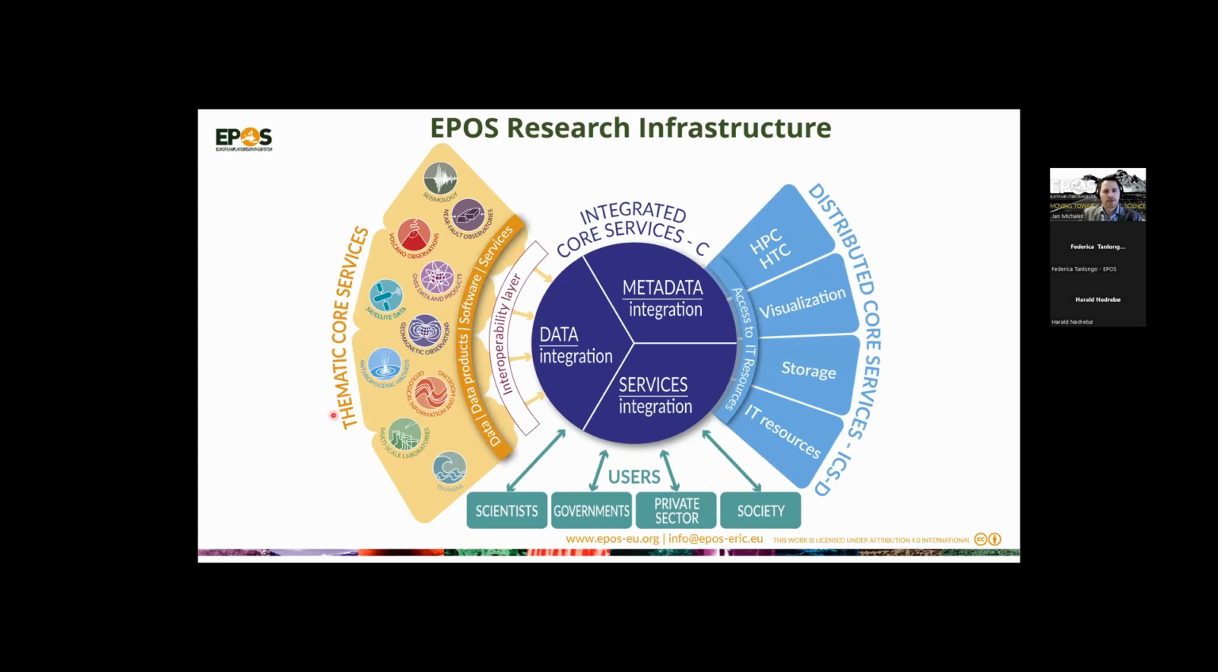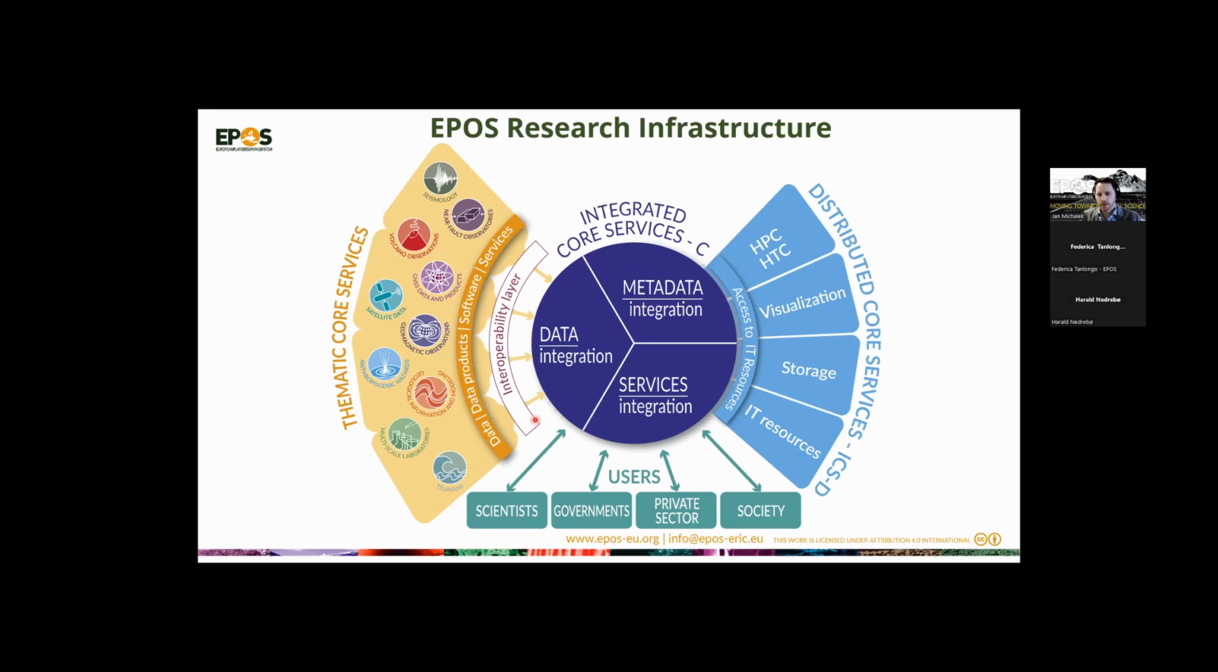So you see on the left-hand side are the thematic core services, which are actually building the whole EPOS community. Those are the data providers and service providers which are connecting to the central system and providing the data products, software and services through an interoperability layer. Technically, it works that way: